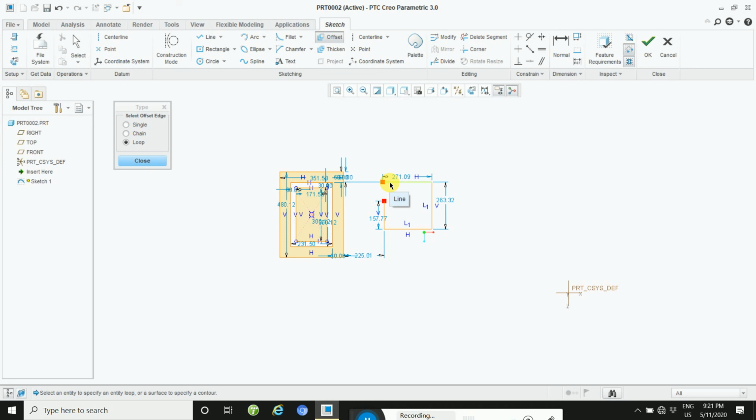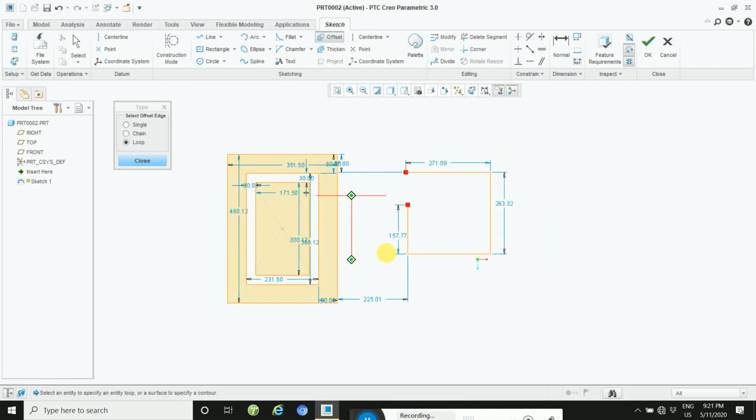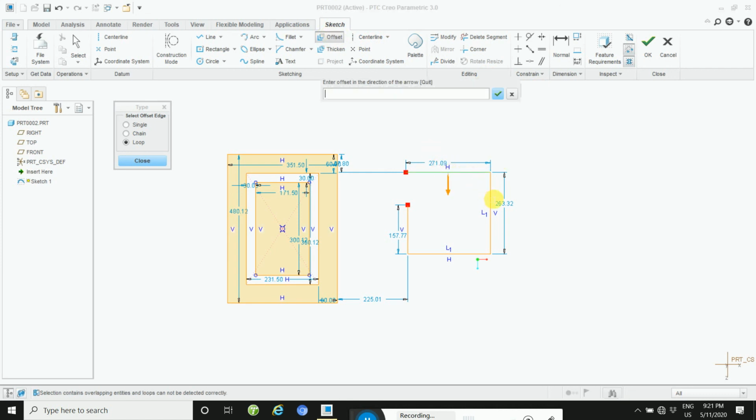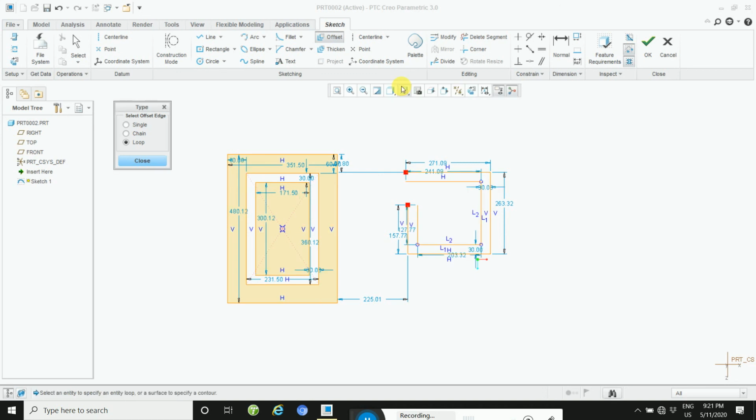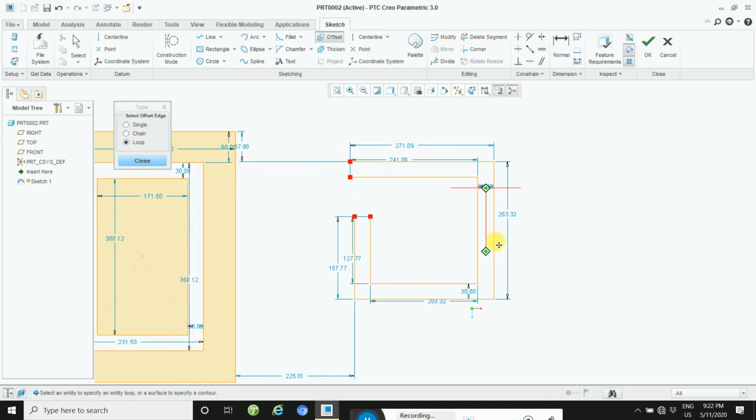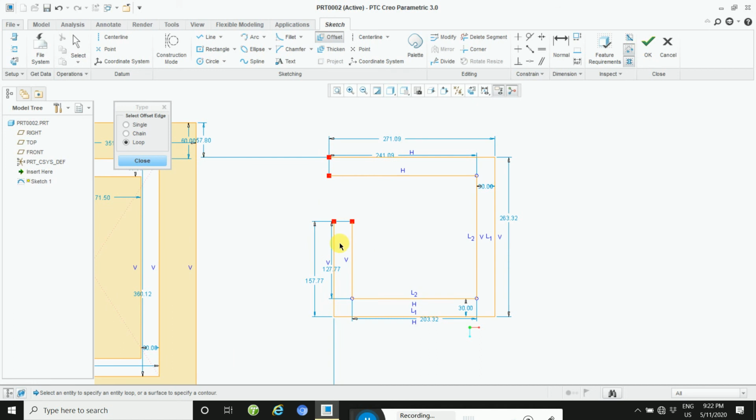And then if you apply here on the loop, this way it's not complete, so you need to take a closed profile.